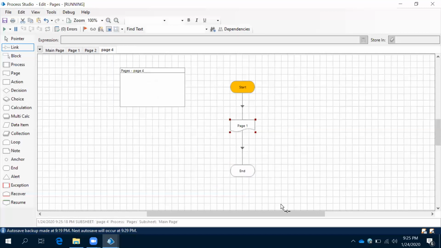So these are the purposes of Set Next Stage and Run to This Stage when we are working with the page concepts. Not only pages, Set Next Stage and Run to This Stage, you can use it for any of the stages, not only for the pages.